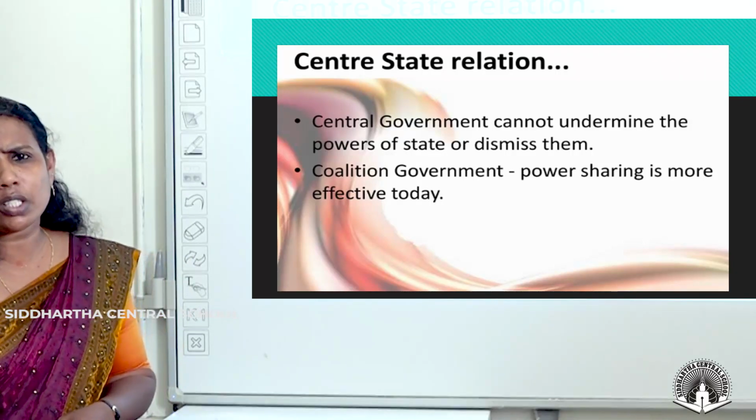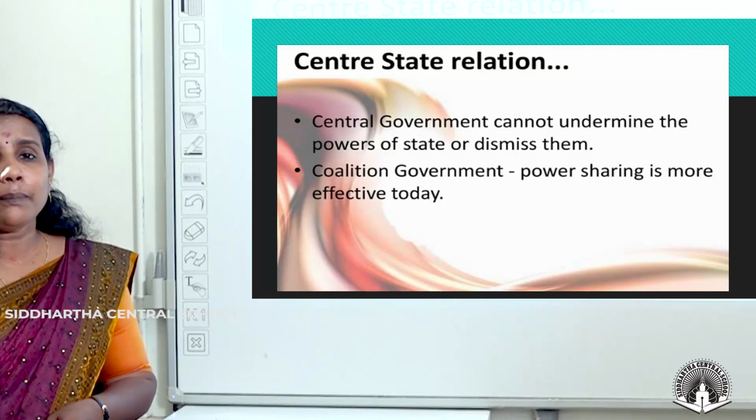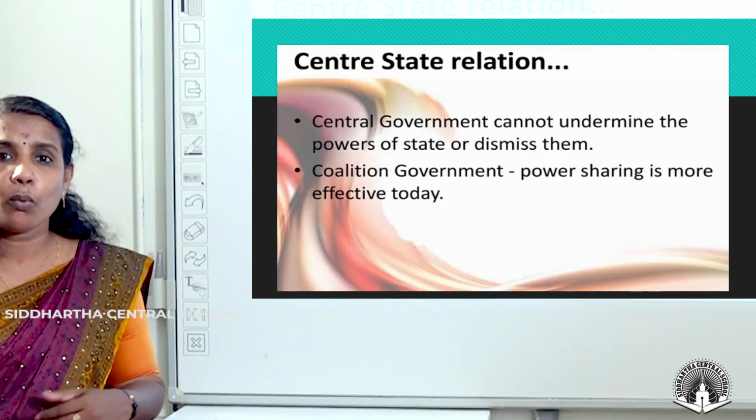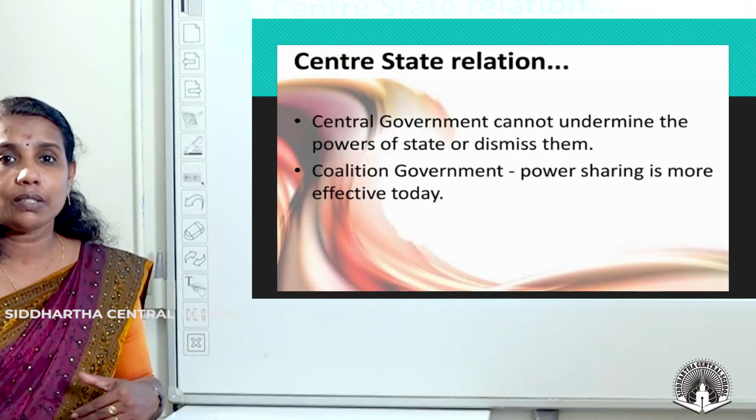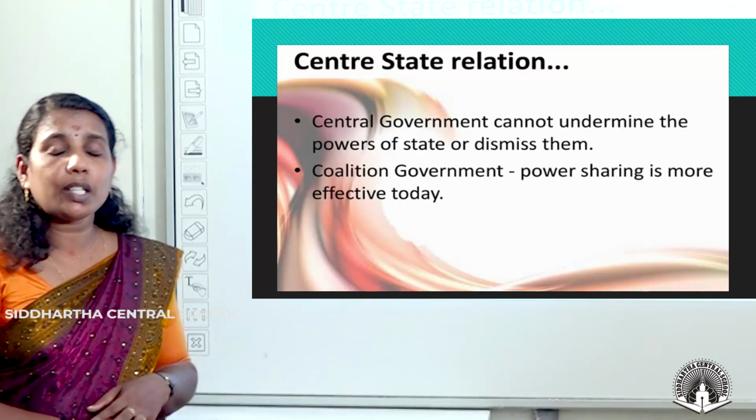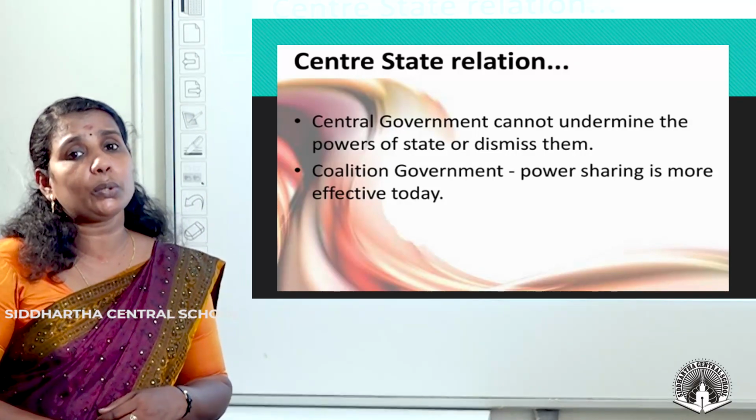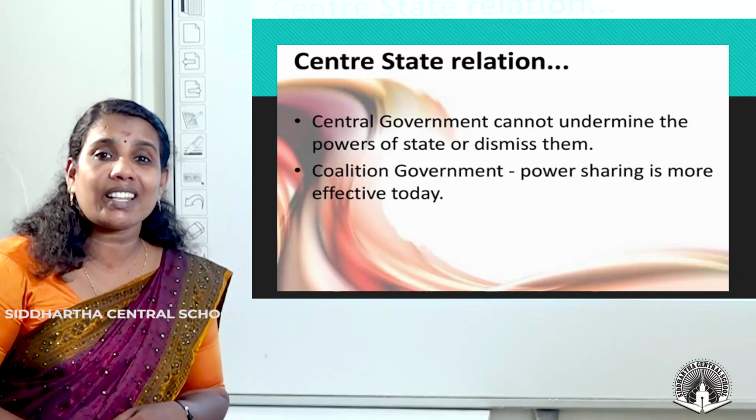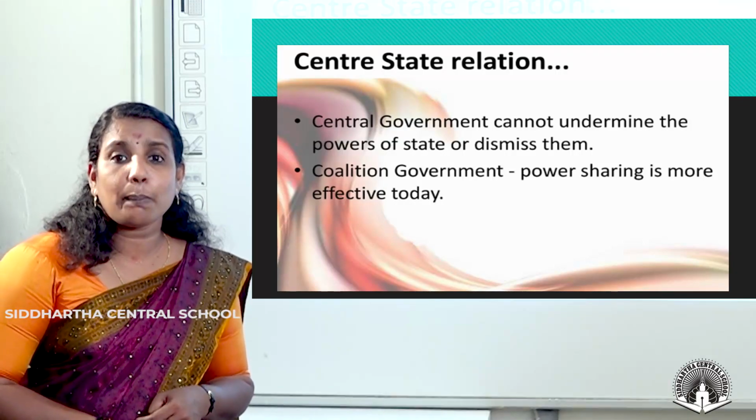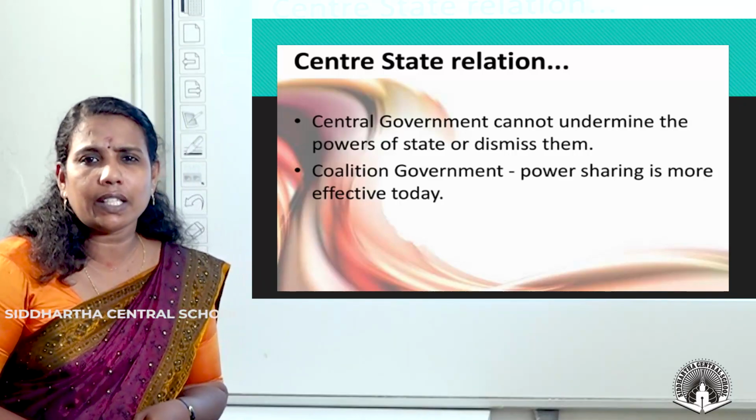You know what a coalition government is? In an election, when a single party does not get a clear majority to form the government, more than one party will form an alliance and they will form the government. That type of government is known by the name coalition government, and coalition government led to a new way of power sharing arrangement. Here we can see that power sharing, or federalism, was much more effective in recent years